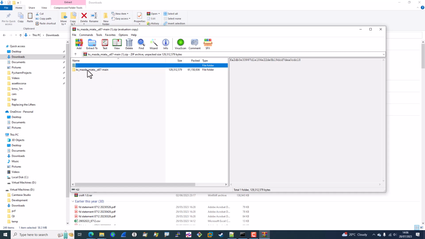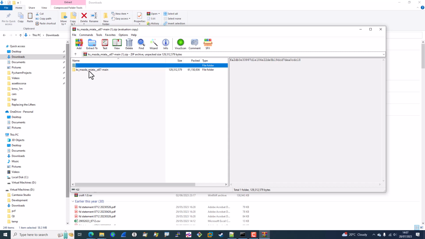So this is the actual model that we need, and what we need to do is install it into Assetto Corsa. If you use Assetto Corsa Content Manager, you should just be able to drag this onto Content Manager and it installs. I have to say, I am having no luck doing that,